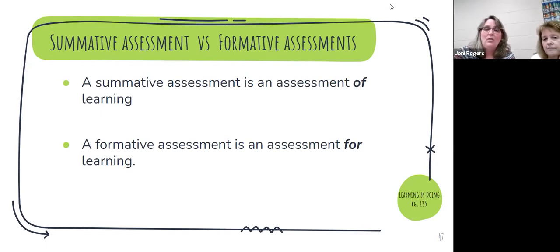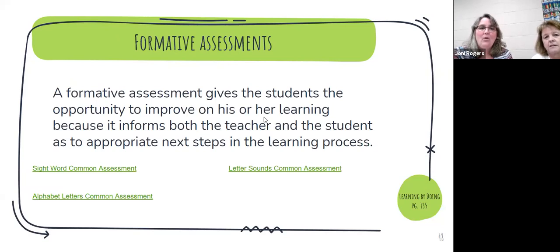Right, exactly. The whole idea of these formative assessments during the process, you want to learn from the people on your team. You want to ask for help. You want to say, hey, what's working, what's not working. And then there's times when neither of us have scores that we like. And that's when we have to start investigating other techniques and looking for different things. And we do that during our team meetings. We're assessing constantly. We know every letter a child knows day to day, it seems like.